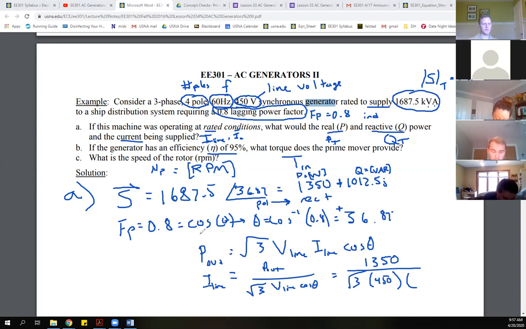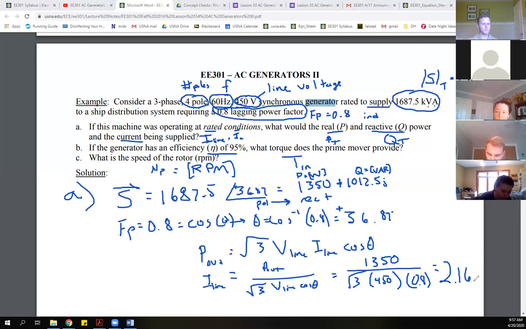And the cosine theta was actually the 0.8. So you could rewrite cosine 36.87, or you could just write 0.8 right here. And actually, I don't even have that solved. 1350 divided by √3 times 450 times 0.8, and I get